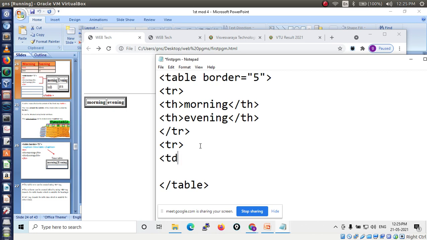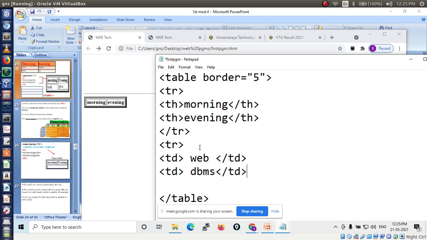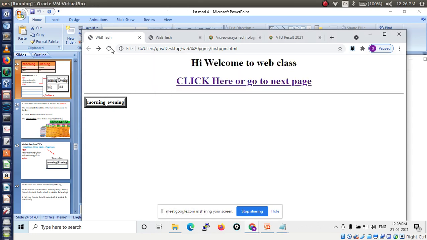For that I am using the td tag, then web, then close the td tag. Okay, now one more td, then DBMS, then close the td tag. After completing my row, I have to close my tr tag, then save it, then run. See what will happen. The second row is created, web and DBMS.